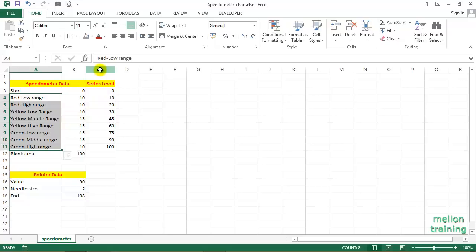It also has a series level column, useful for the labels of speedometer. All these components will be used by the first chart. The second data table will be used for creating the needle of the speedometer. It consists of three components: the value of the needle, the size of the needle and the end, which is